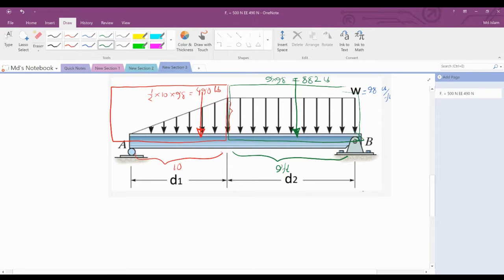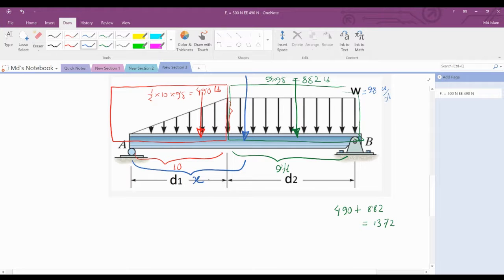So if we add these, 490 plus 882, that is equal to 1372. If we assume that instead of these two different loads, there is one single resultant load that is working somewhere at a distance x from this support,